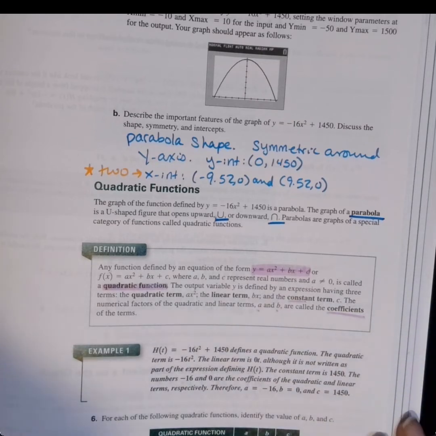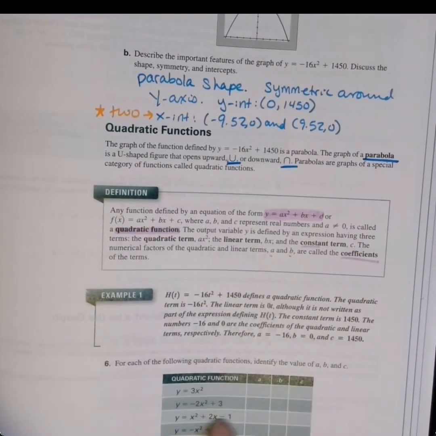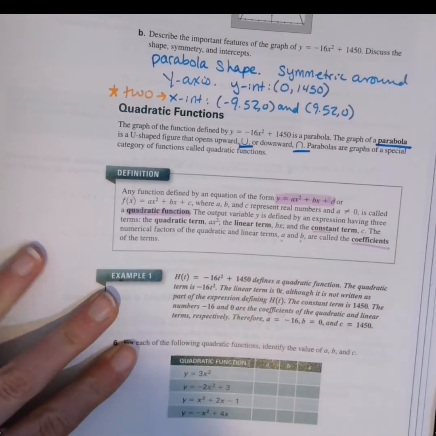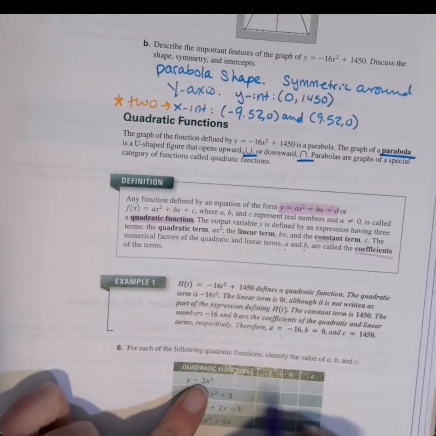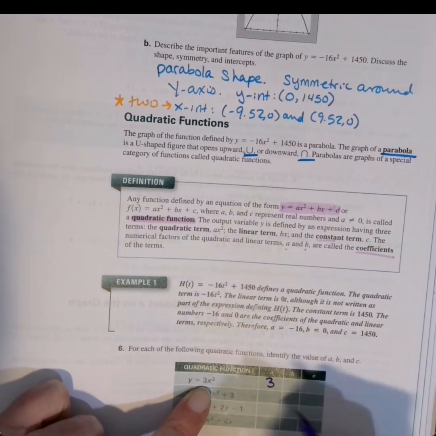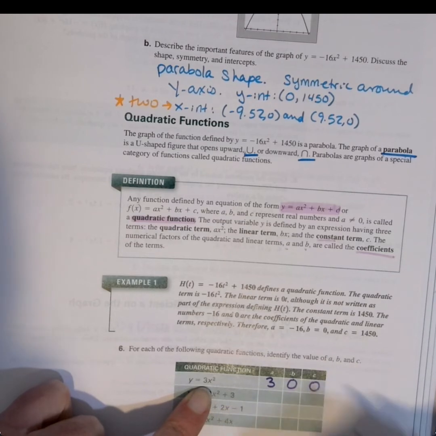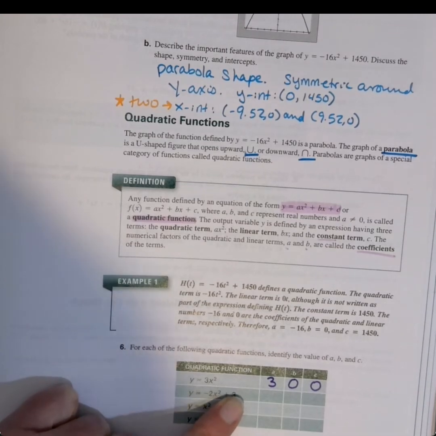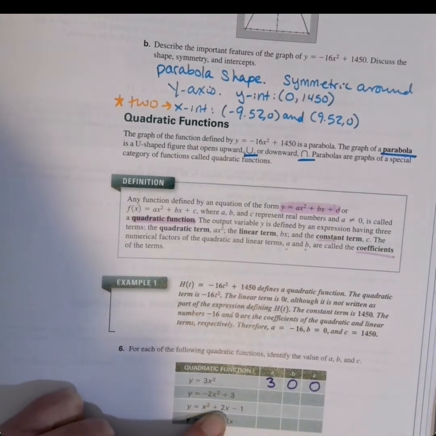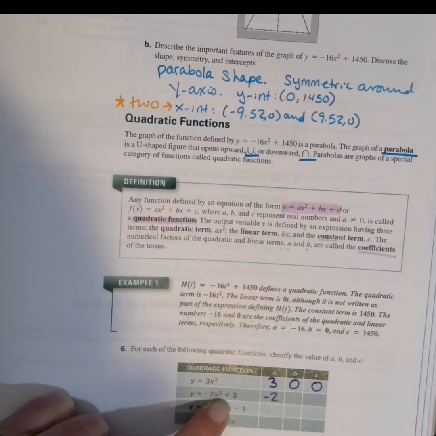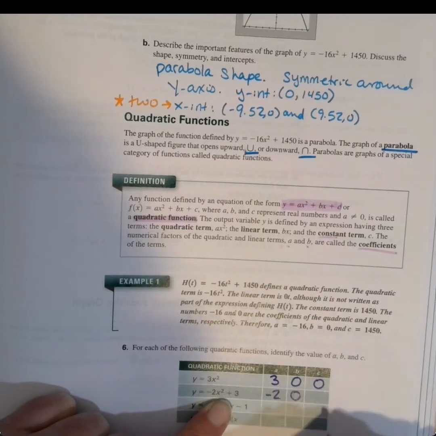So let's look at these four quadratic functions. We just want to identify what their a, b, and c values are. So for the first function, the a value is 3, because I have 3x squared. I don't have any x's, I don't have any constants, so that means that b and c are both 0. There are always terms for b and c, even if they're not listed. So if they are not listed, they must be 0, because there's 0x here and 0 as a constant. All right, in the next one, negative 2 is going to be the a value. There's no x's, so you're going to have 0 for the b value, and the c value is going to